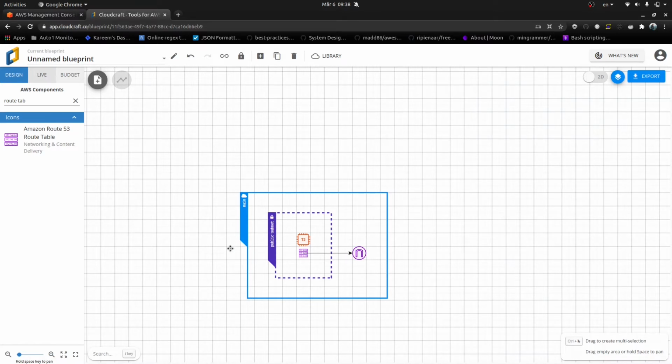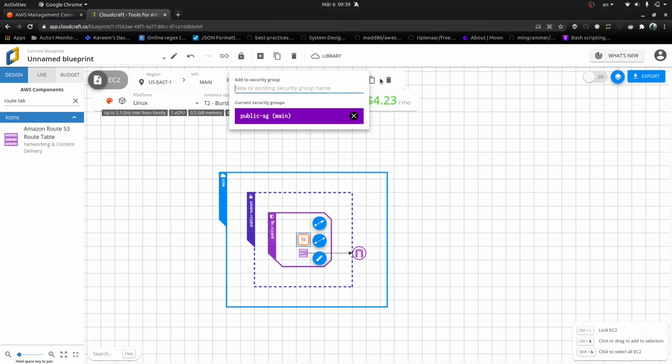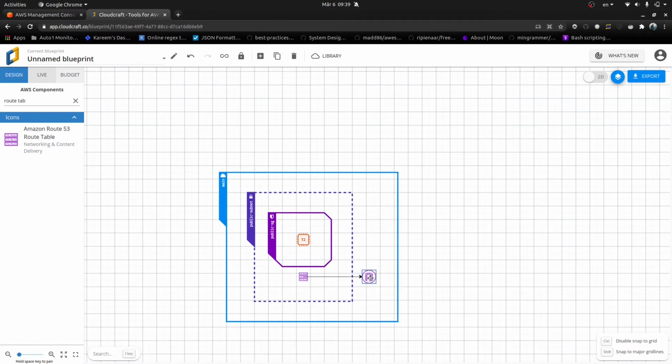But if I build this infrastructure right now and I try to log into my EC2 instance, I will not be able to, because the default security group will not allow SSH access or port 80 from outside world. So I'm gonna create a different security group, and I'm gonna call it public security group here. So this security group will allow SSH access and port 80 from my IP address only. So I'm gonna try to follow least privilege principle here.